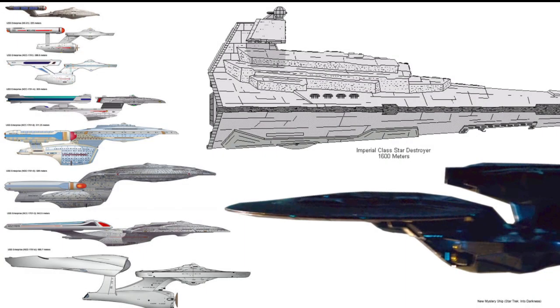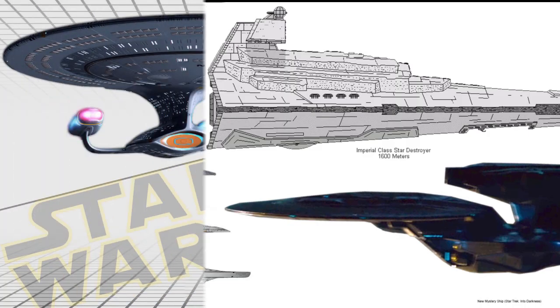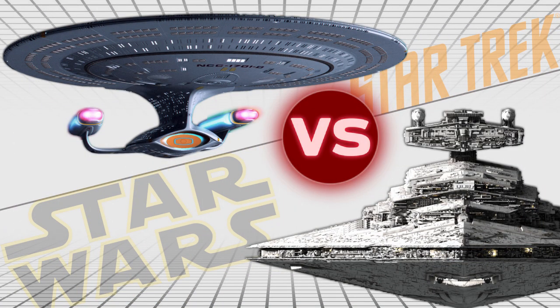The Enterprise-D is only half the size of a Star Destroyer and, in my mind, is not as optimized for direct battle. That wouldn't have necessarily been fatal if there was something within the Star Trek universe that indicated to me that it would still be able to take on the Star Destroyer, but I just don't really think that there is anything. Even without looking at some of the more exaggerated or ridiculous parts of the expanded universe, or